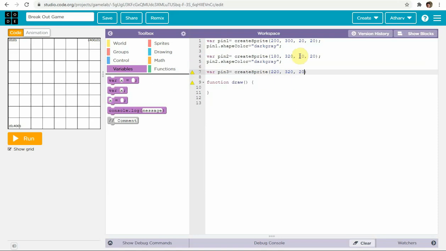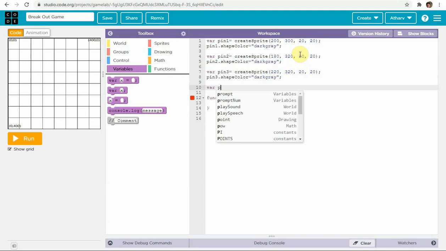Height and width will be the same for all the blocks, all the balls actually. pin3.shapeColor equal to again dark gray. Super. Now pins 4, 5 and 6, 3 pins are remaining, and then we'll create the main ball also.